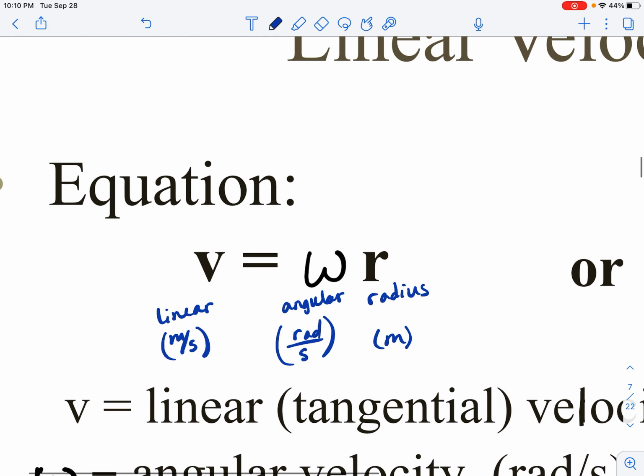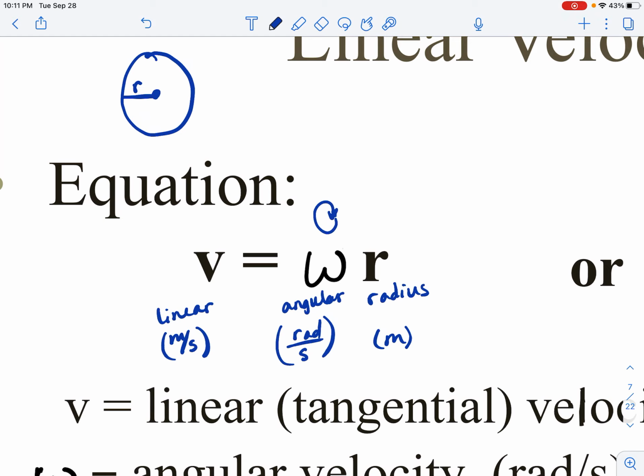So let's not forget our basic geometry. If I have a circle, here is the center of the circle, aka the axis of rotation. If I measure from the center of the circle to the edge, that would represent my radius. It's a how far, measured in meters, okay? So what this is telling me is that there is a direct relationship between the tangent velocity and how fast I am spinning